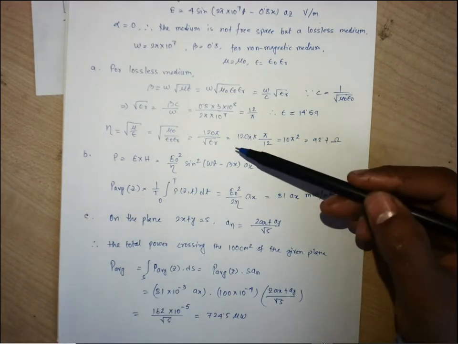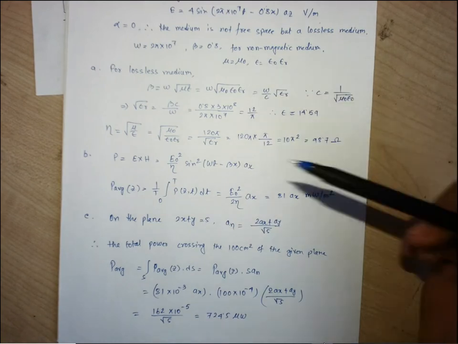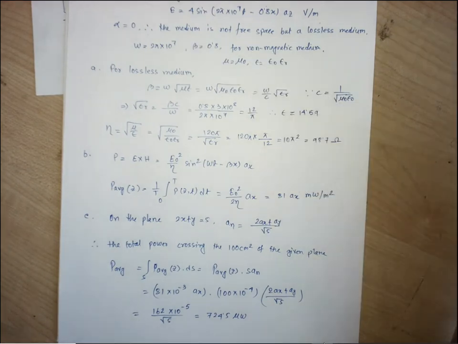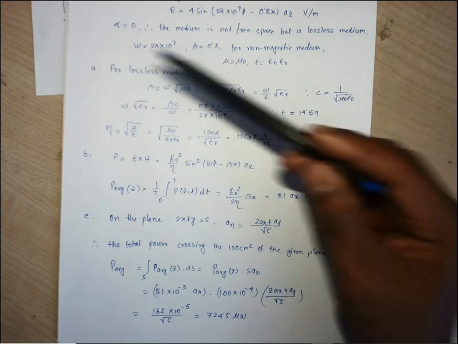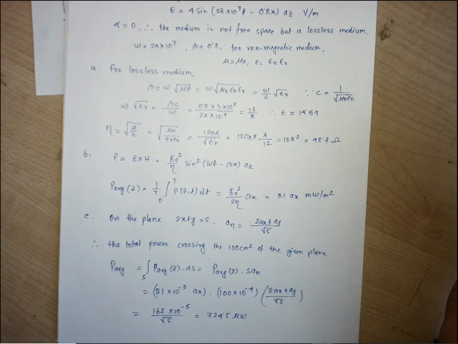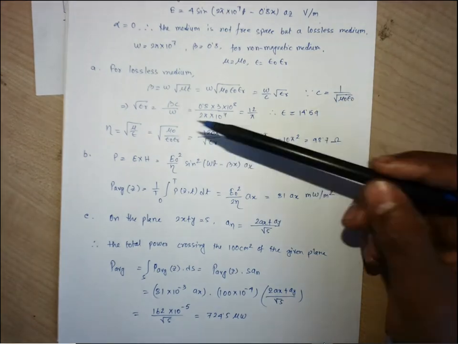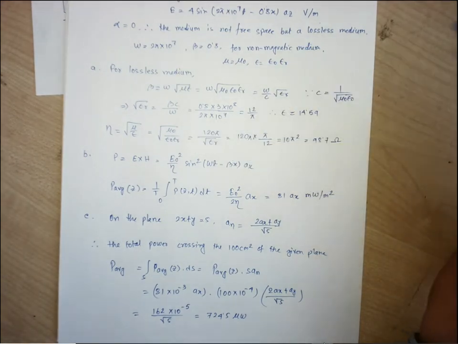Depending upon the medium property, that is what our intrinsic impedance is. The medium itself is lossless. When the medium is lossy, we have seen that there is a phase difference and some non-zero value of alpha. Here the medium itself is lossless, so alpha is 0. It is a non-magnetic medium, mu naught, due to which the medium is lossless and alpha is completely 0. So there is no phase difference. The conducting property of the medium decides the phase relation between the electric field and the magnetic field.